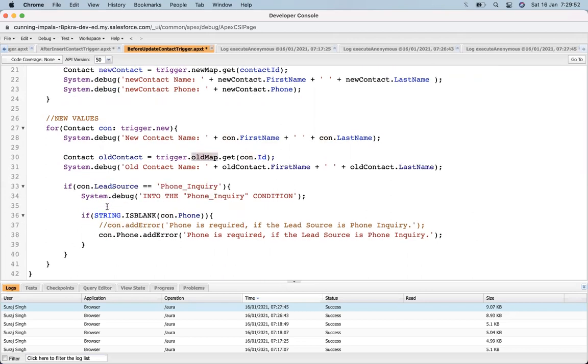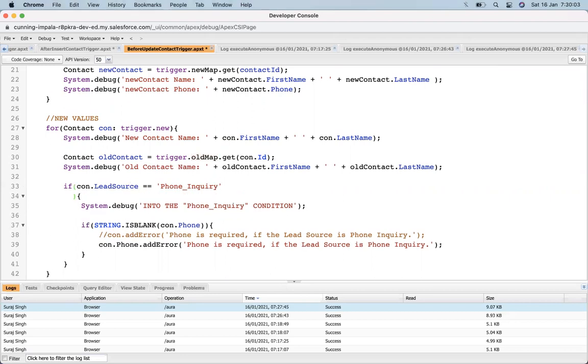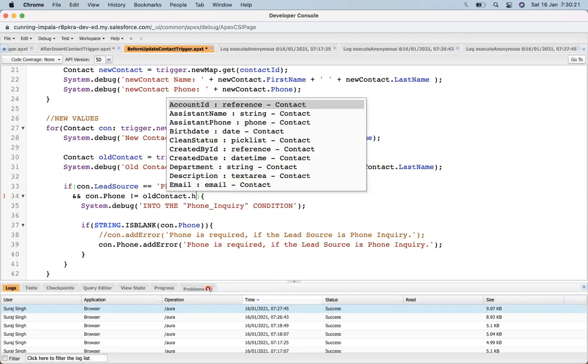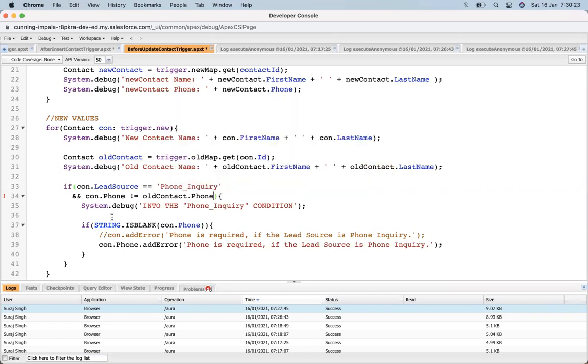Now I just need to check whether the phone number is also changing or not. If the phone number is changed, then our code will execute. So at the same moment, I put the AND operator and check that our new phone is coming to con.phone, and that it is not equal to the old contact's phone.